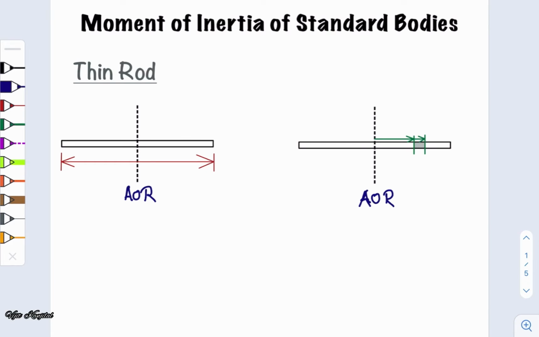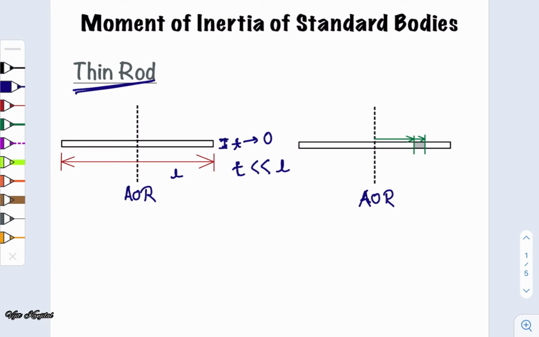So now let us try to calculate the moment of inertia of a thin rod. By thin rod I simply mean that if we are given a rod of thickness t, the thickness of this particular rod would be tending to 0, that is, the thickness of the rod t would be negligible as compared to the length of this rod, if this rod is of length L.